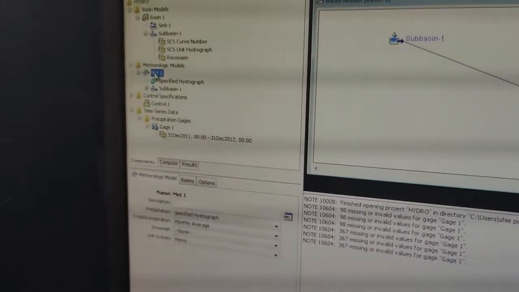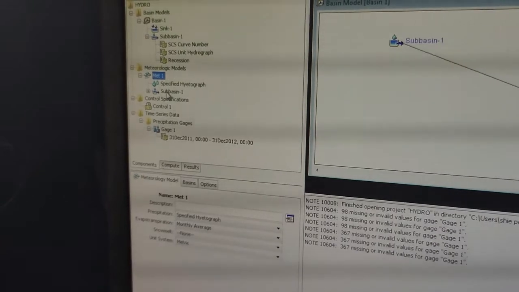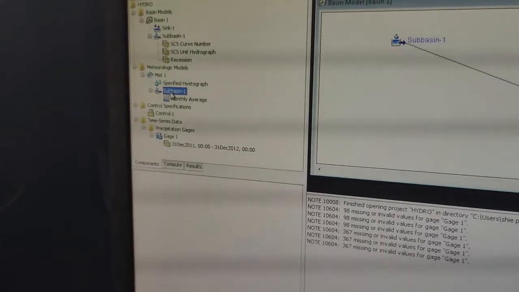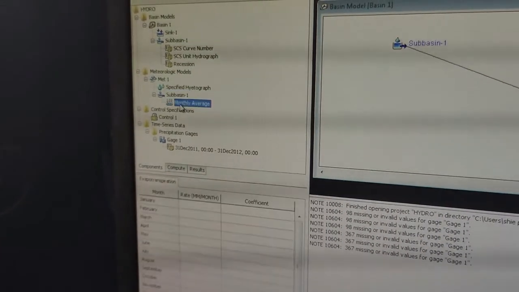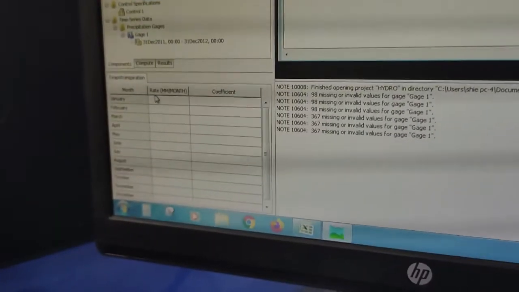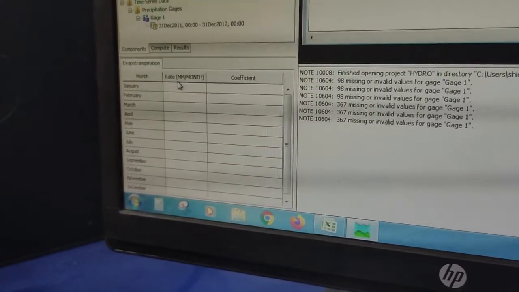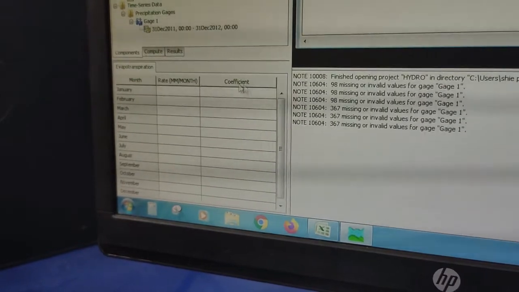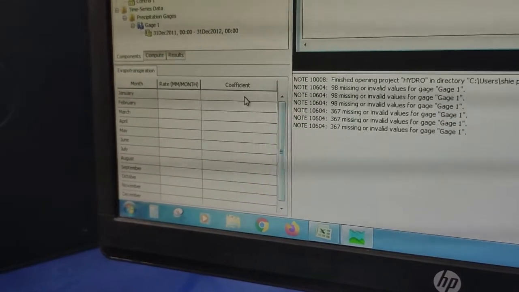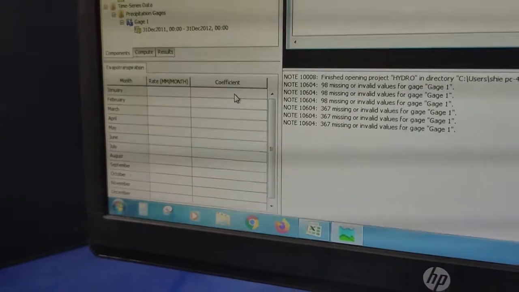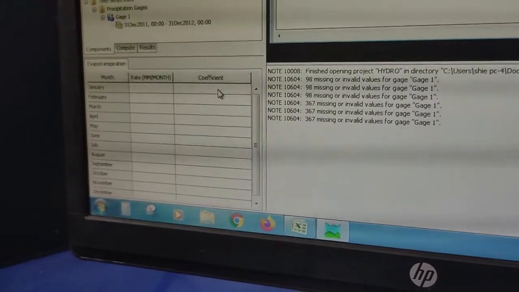Okay. Now what to do? Go back to MET 1. Here you can see sub-basin 1. Double click. Here you can see the monthly average. You have to give the rate, which is expressed in mm per month, and the coefficient of rainfall or coefficient of evapotranspiration.